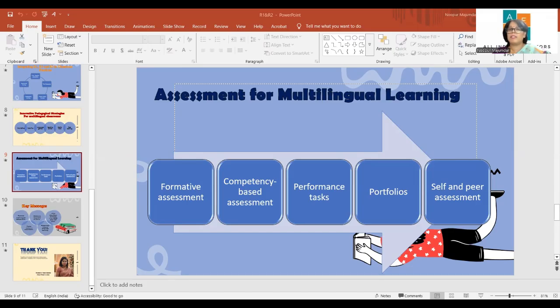Now, self and peer assessment, right? The child is assessing himself or herself, and peer assessment is also going on. दूसरे बच्चे उसका assessment कर रहे हैं, right? One of the most valuable skills students can develop is reflection, right? How much the child learned. So after completing an activity, ask students, what did I do well? What can I improve? What did I learn today? Similarly, classmates provide constructive feedback using simple rubrics, and this develops responsibility, confidence among our learners, and independent learning.